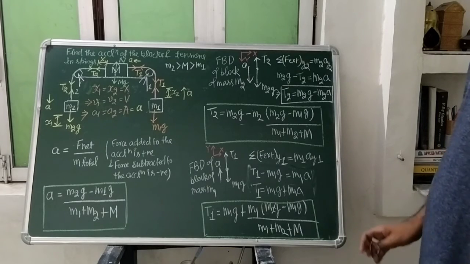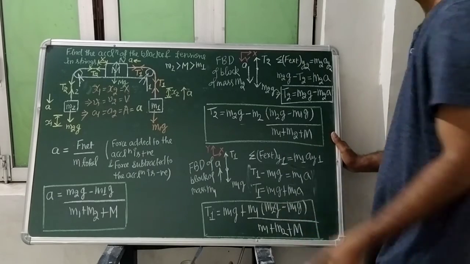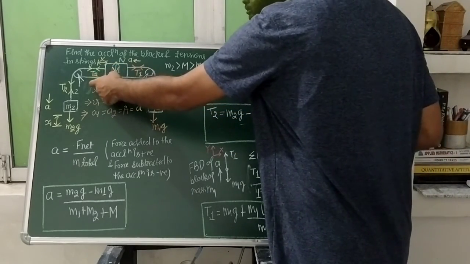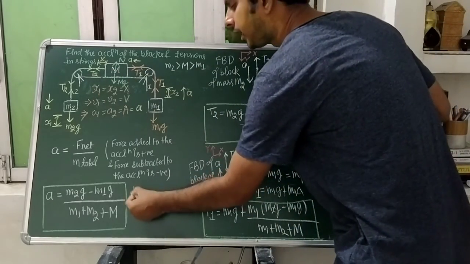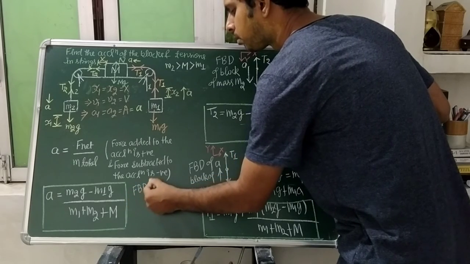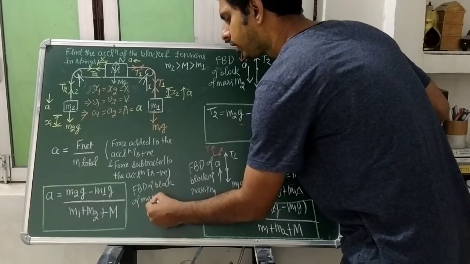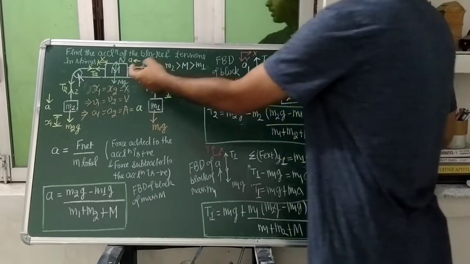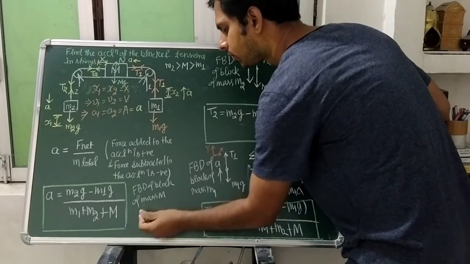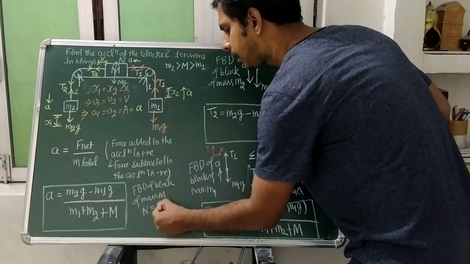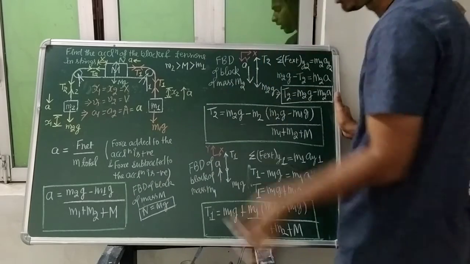I have given you the theories in that analytical way, how will you solve. And of course we have come to know T1 and T2 tension here. So of course for this block, for the free body diagram of block of mass capital M, what will you write, students? This N will become what? N should be equals to, normal should be equals to what? Capital Mg. No acceleration is present, so this reaction force will become equals to weight of that body, isn't it?